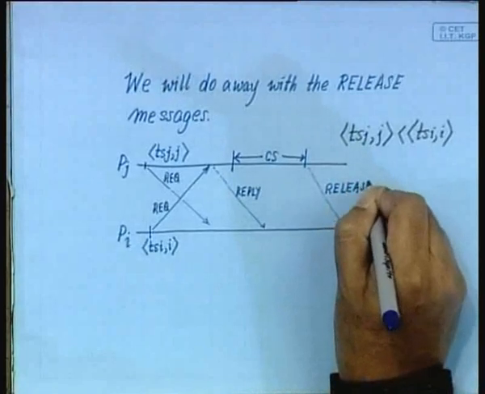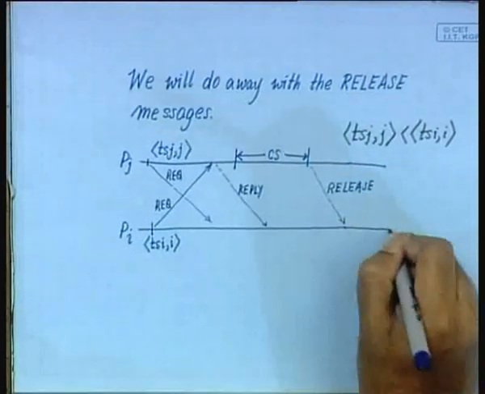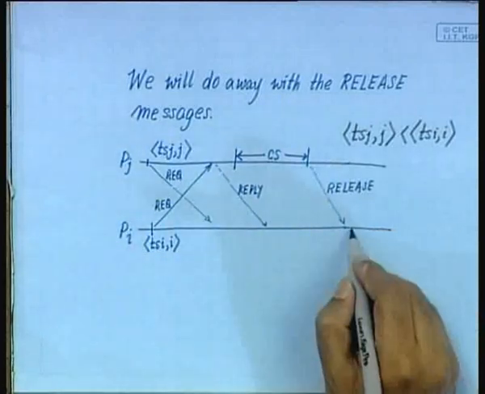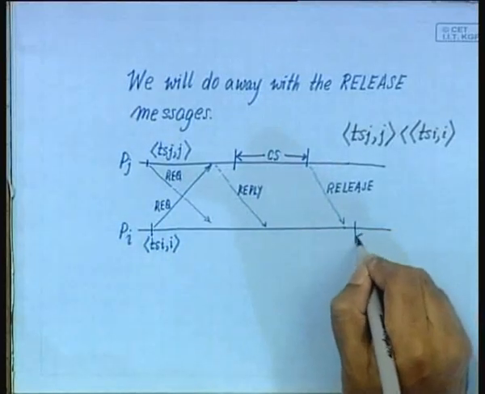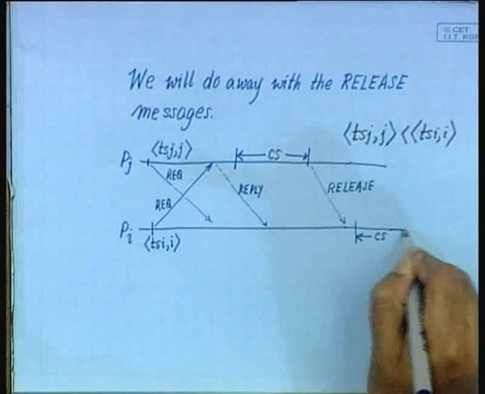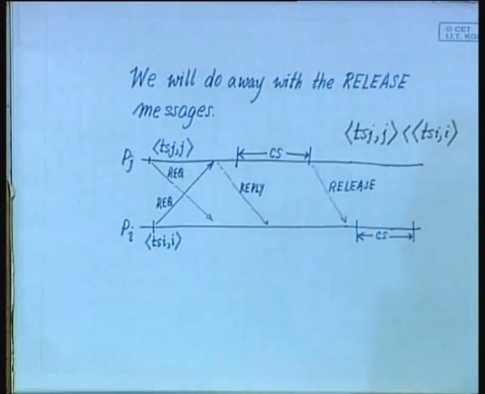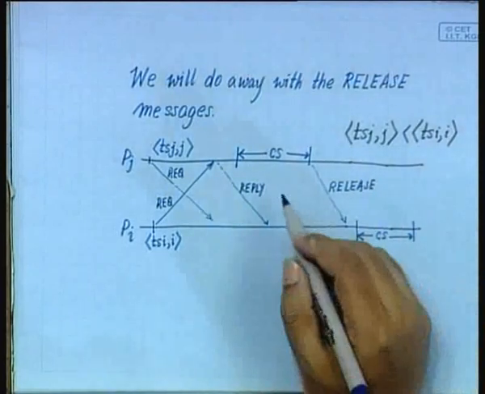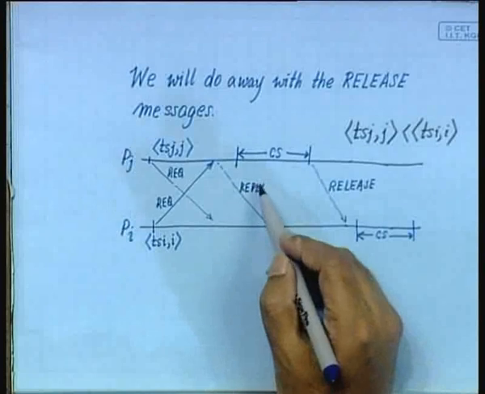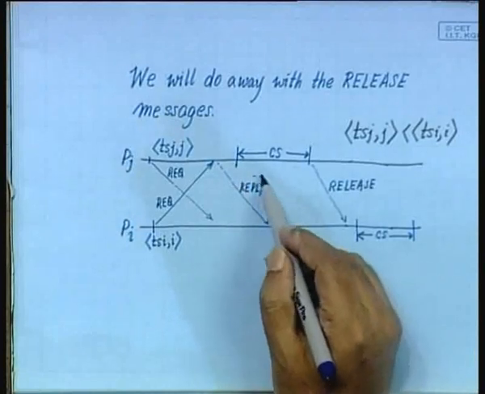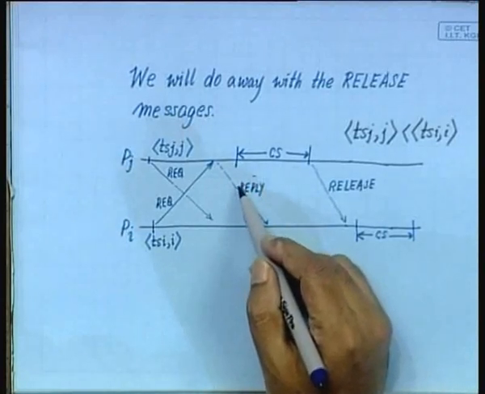When this release message is received, at that time PI will be able to enter the critical section, right. So, PI will enter CS somewhere here, right. Now, what we want to say here is there is no need to send this reply message here. We could